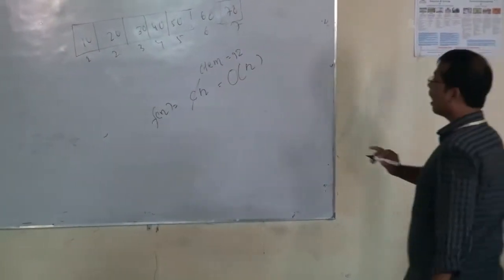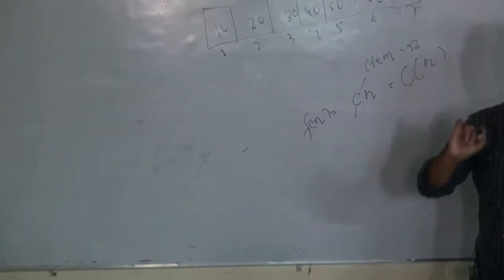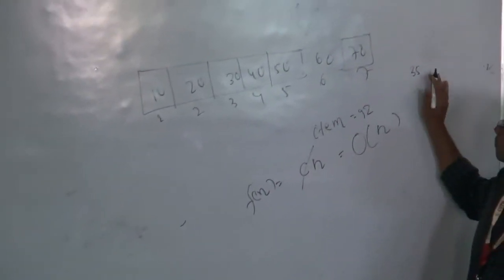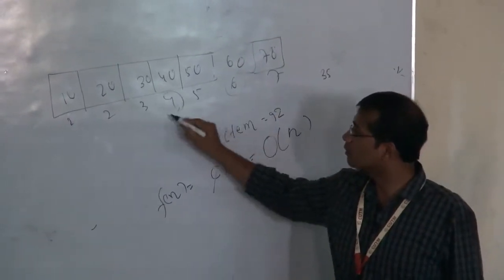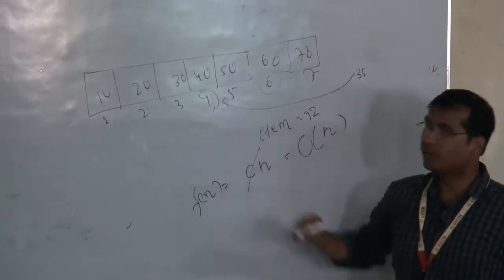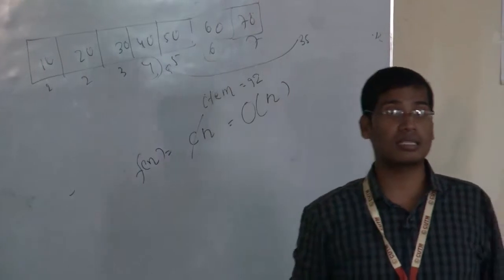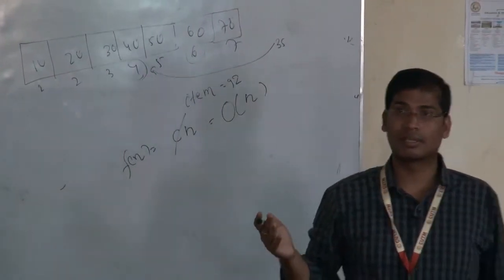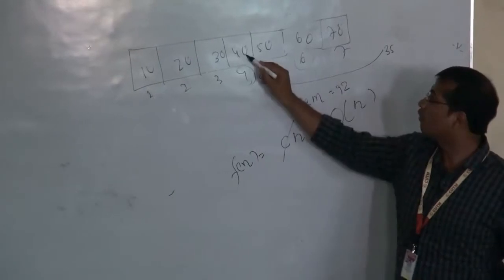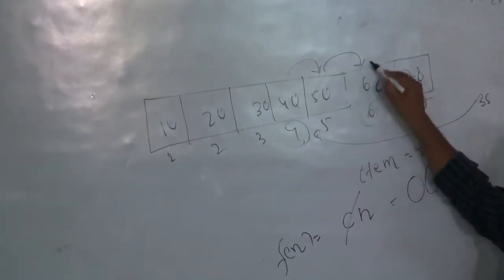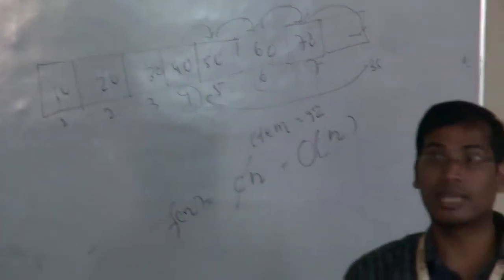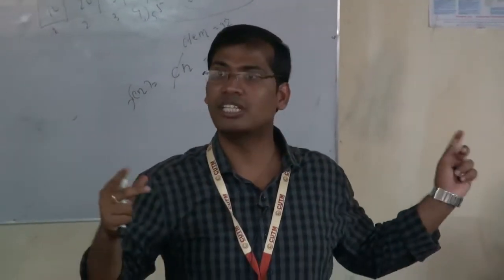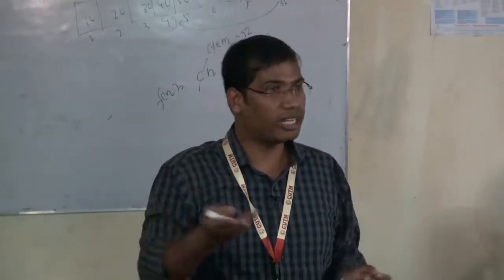Now see, listen, I will give you one example. I want to insert 35, at this position or at this position. At the fourth position, I want to insert 35. So what do I need to do? I have to move 40 to here, 50 to here, 60 to here, 70 to here. Then only I can make the insertion. That means for insertion and deletion, many movements are required. I am disturbing the other elements. For deleting also, same thing.